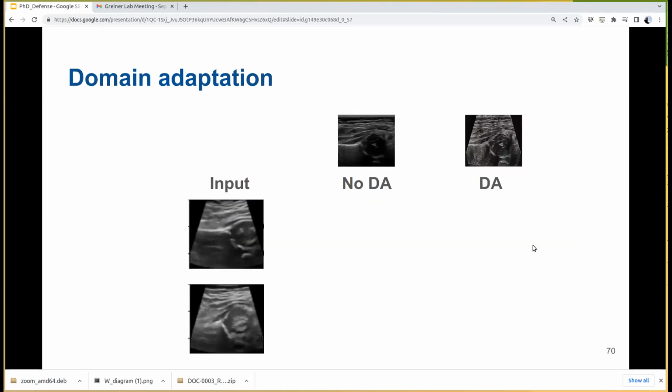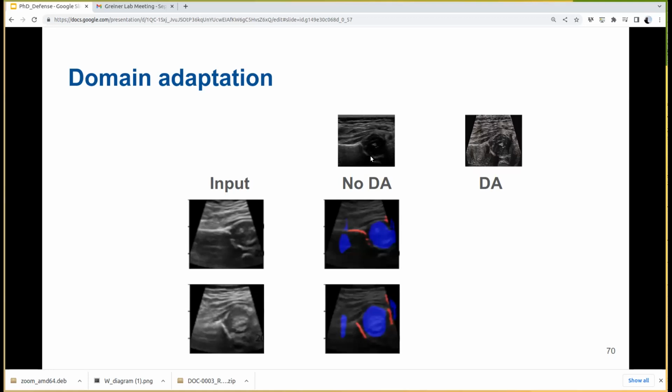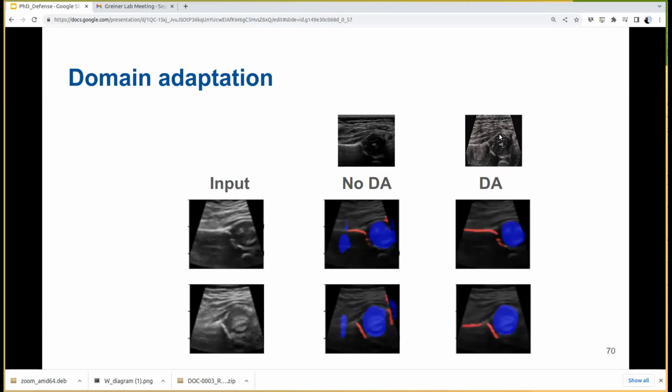So what is the effect of making this? Well, take the inputs on the left. When we train a model with the original data, with no domain adaptation, then we get segmentations like this one. But first, we transform these images and we make them all look like conic images and change the texture. Now the prediction looks like this. So by accounting for these discrepancies in the training and test set, then we can improve the performance.